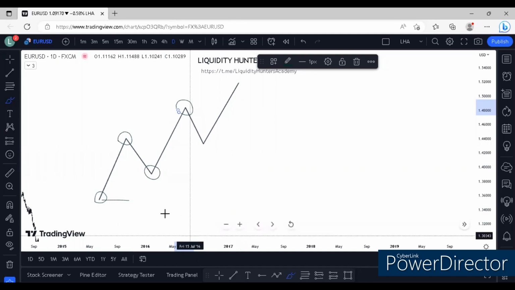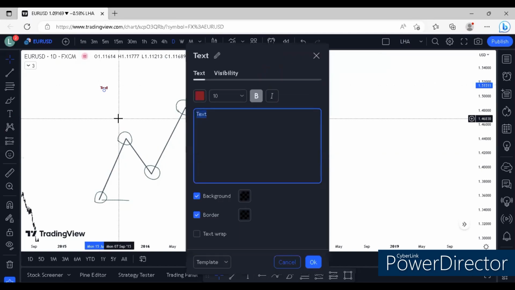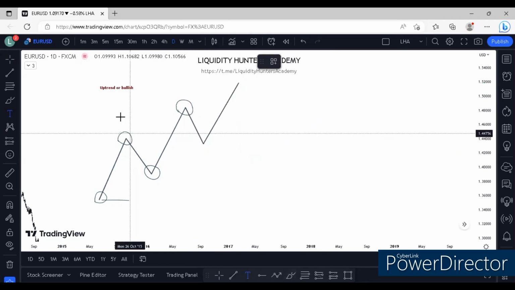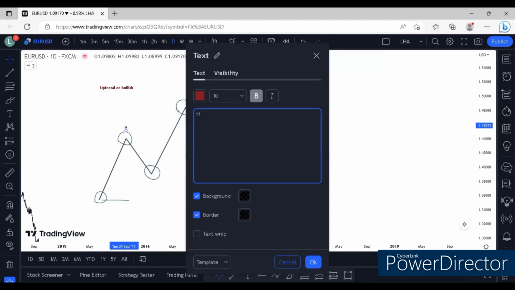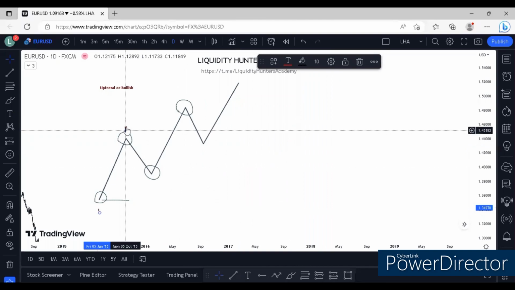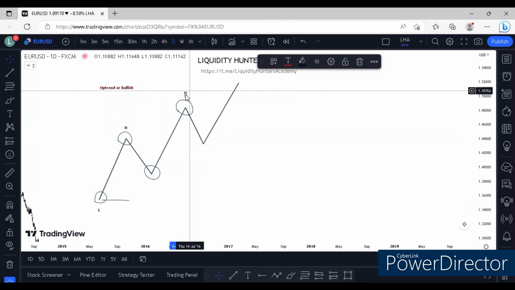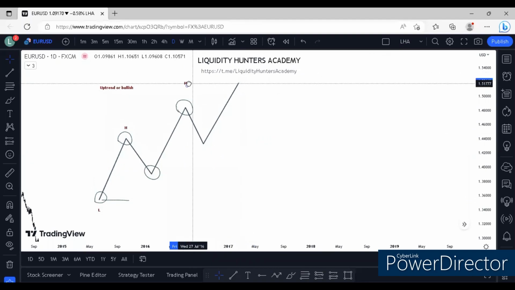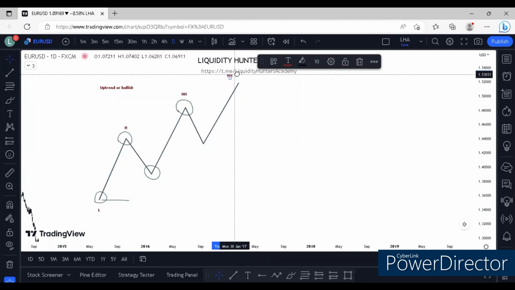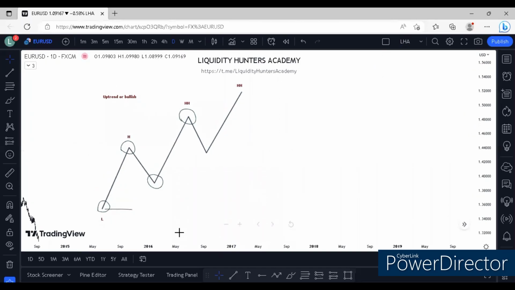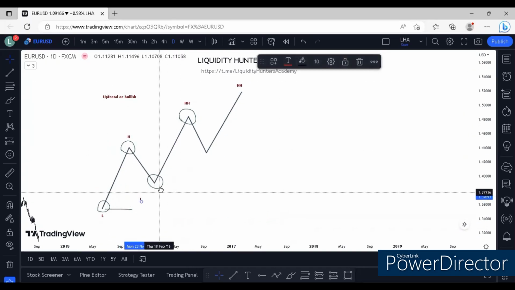Okay, so whenever, here, let me just write some. So this is uptrend or bullish. Okay, and here we have a high. Here we have a low. Here we have a higher high. Here we have another higher high. And here we have